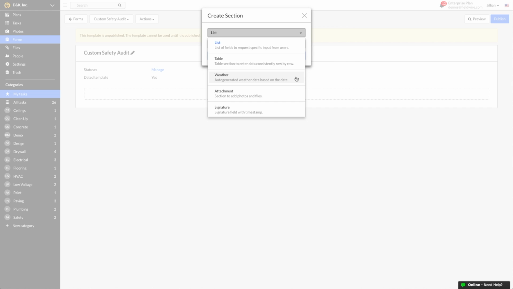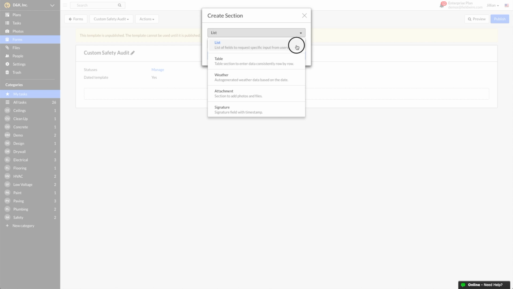If you choose weather, you will have a section that automatically populates the weather based on the address listed in your project settings. The attachment section allows you to attach photos, files, or a cropped plan. Lastly, the signature section ensures that the assignee can sign off and it will be date and time stamped. Check out our support articles that go into even more detail on each section.